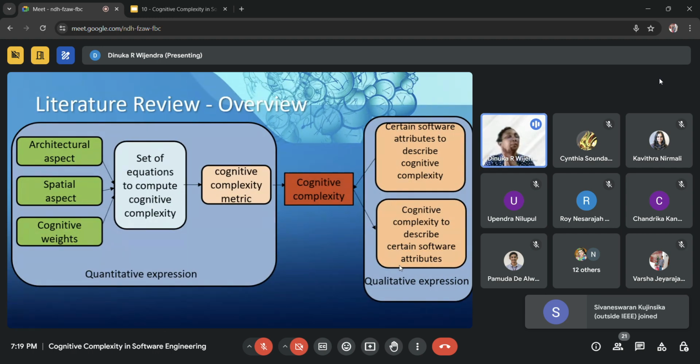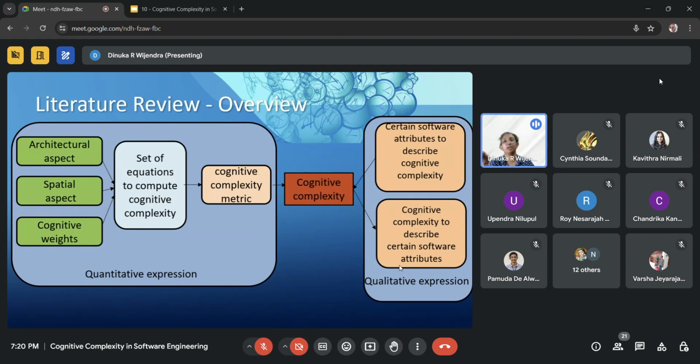They just thought about only the source code factor to determine understandability. So we can see there's a huge gap there. None of the cognitive complexity metrics declared before can be called a standard one, because the human factor is lacking here.